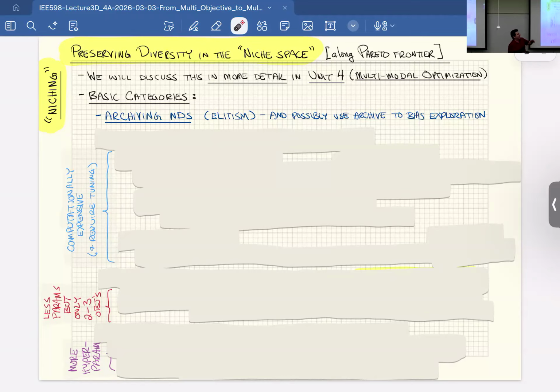In multimodal, I'll bring up one approach that uses a species conservation list. That will become relevant at the very end of multimodal. I'll use niche as a term, but we're also going to see the term species come up, and that goes along with the idea of community ecology. We don't think of those niches as being one species.